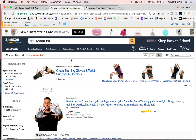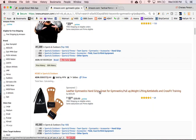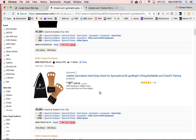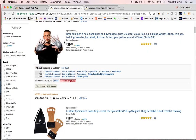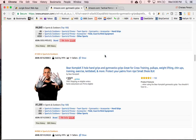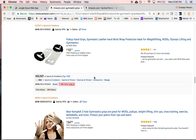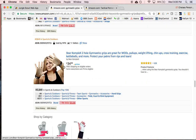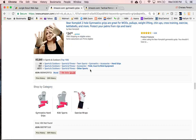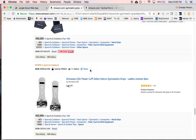Okay, that's fine. So now the traditional way, if you're not using Jungle Scout, would be to just scroll through and look at competitors. So, you know, compare, okay, this is the one that we already have on our list, but then we'd find another one that's a similar style. Obviously, that's the same one, same picture. We'd find another one on the list that's a similar style. Well, here's another one that's a similar style, but hey, it's kind of the same company, so I don't really want to compare that. What we're trying to do is compare competition